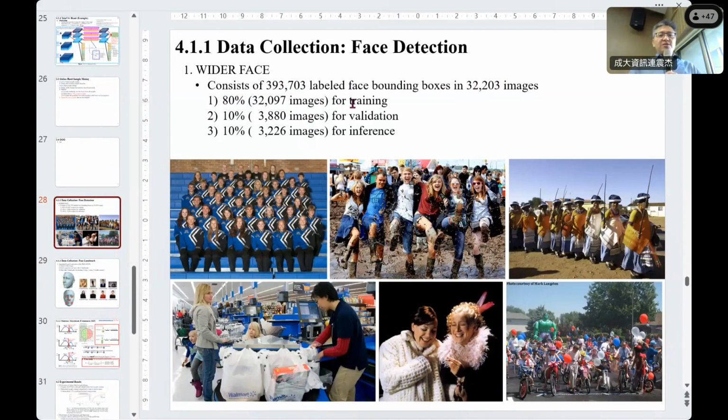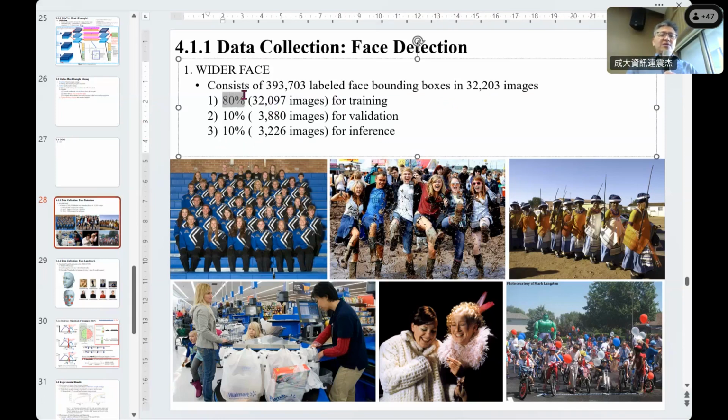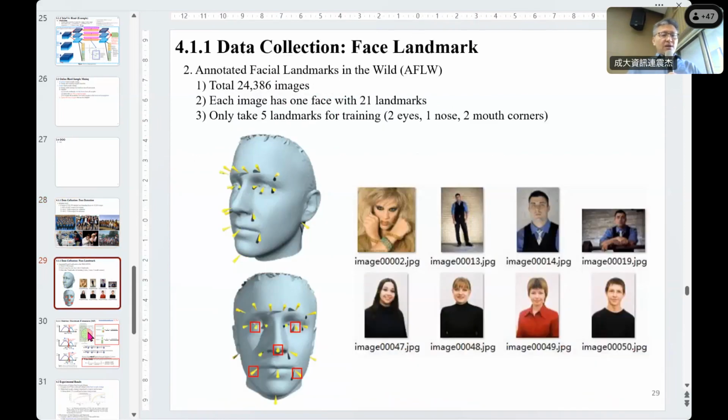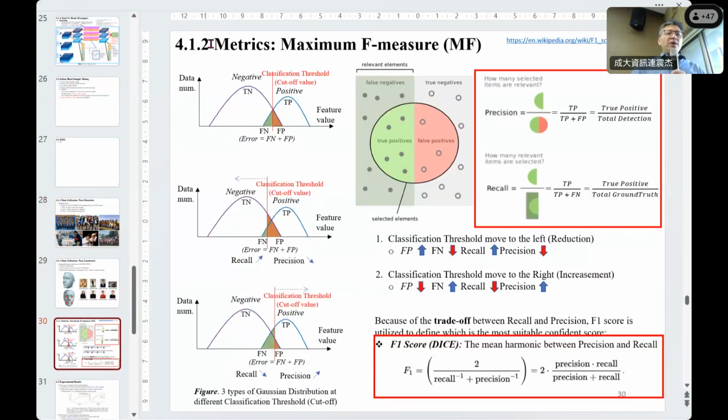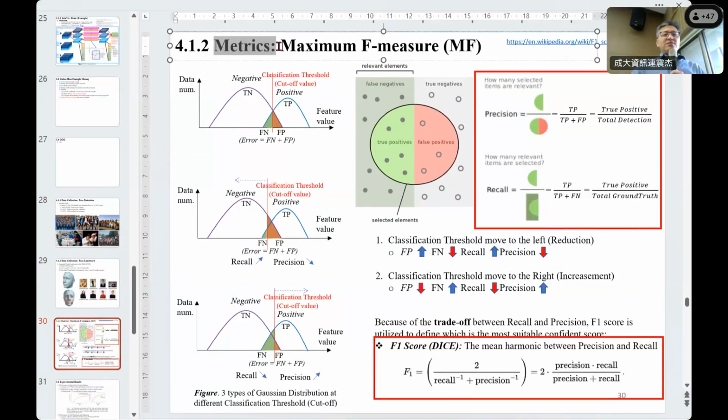And 80% is for training, 10% for validation, the other 10% is for inference. But the paper did not tell you this one. The paper just writes the number. So sometimes we do a little bit of processing. 就 paper 没有讲这个，但是没有讲到 percentage，那我们就把它加进去这样子。